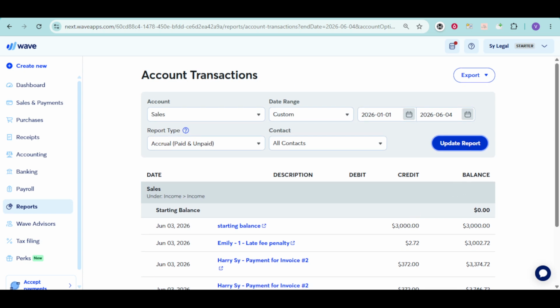What you have now is a clear, concise view of your sales or purchase transactions, depending on the account you selected. And there you have it. By following these steps, you've successfully tracked sales and purchases for a product or service in Wave accounting. This process not only helps in monitoring your business's financial health, but also aids in making informed decisions based on accurate data. Remember, keeping a close eye on these transactions is key to understanding where your business stands financially and